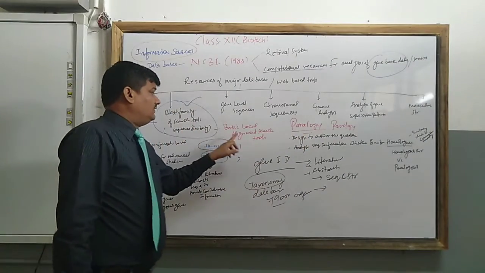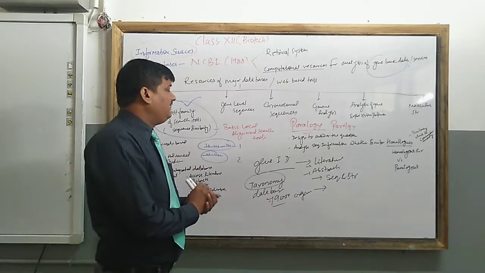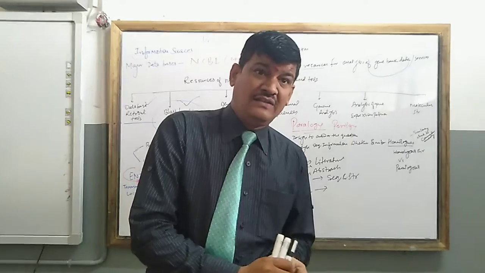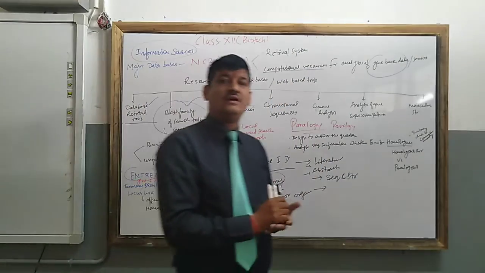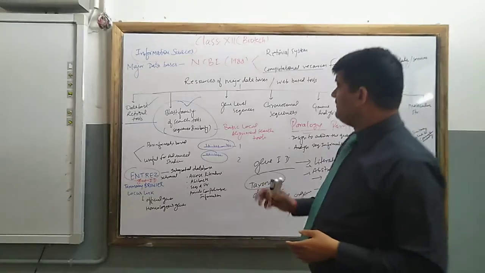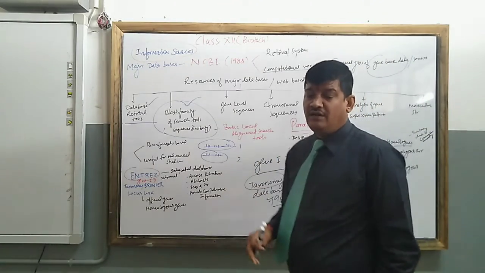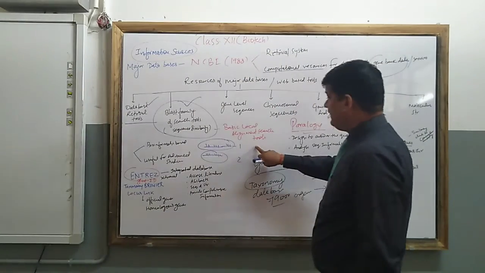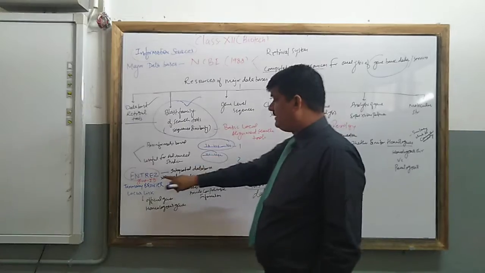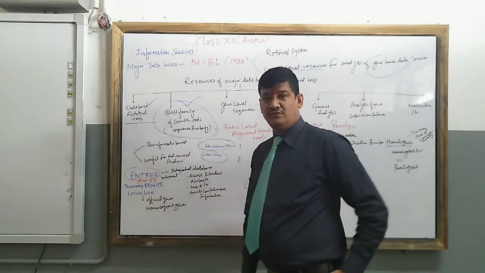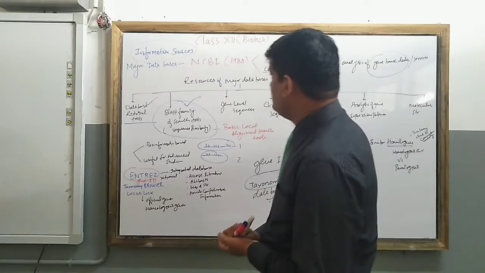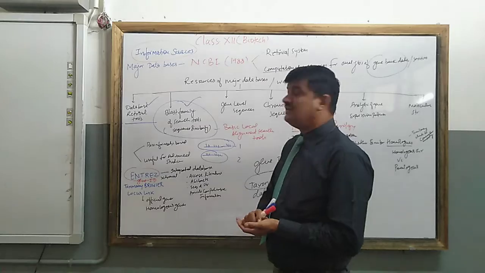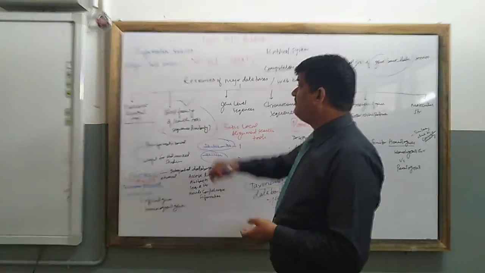So this basic local alignment search tool is based on some principles. The principle is that sequencing of the genome, sequencing of the DNA, tells us about similarity or dissimilarity. Apart from that, it is also used to verify, and the verification is done by the role of the interaction. So these are the information sources, a type of collaboration in bioinformatics, and the major role is played by NCBI.